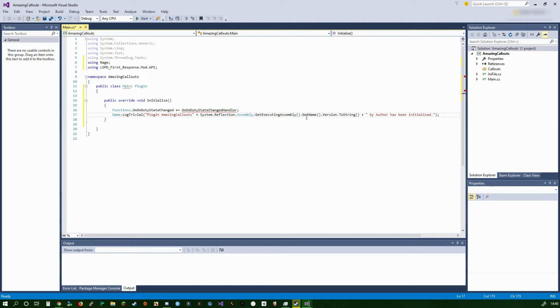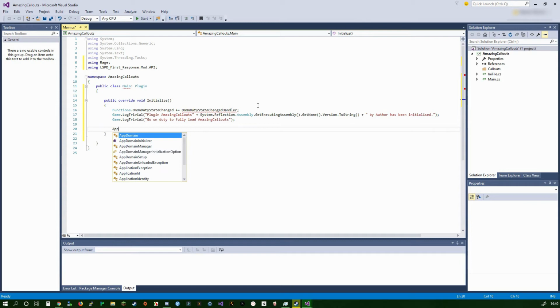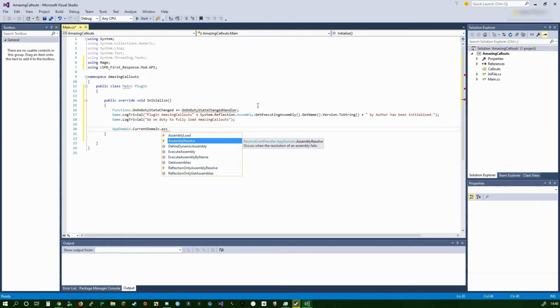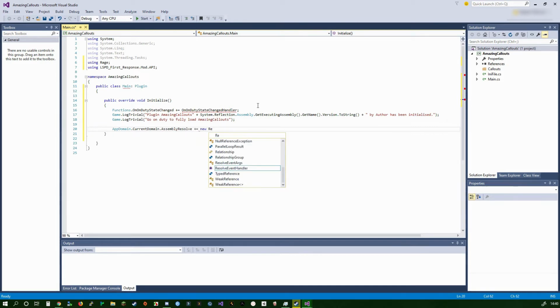And that's going to put it into the console. If you open up the Rage console, you'll see that. You want to do another one, LogTrivial again. And this time we're going to say "Go on duty to fully load AmazingCallouts." Just like that. So we'll see these two messages appear. Alright, and then at the end here, we're going to say AppDomain.CurrentDomain.AssemblyResolve plus equals new